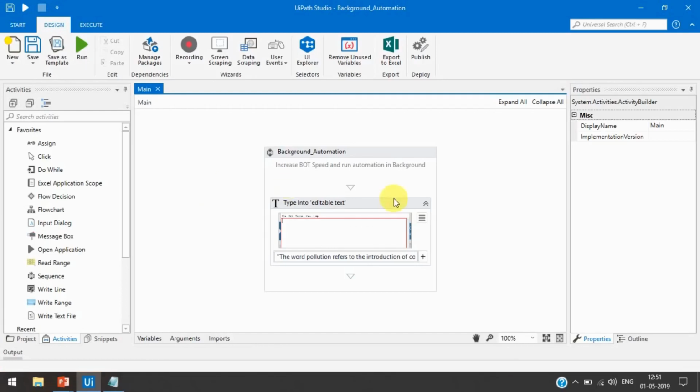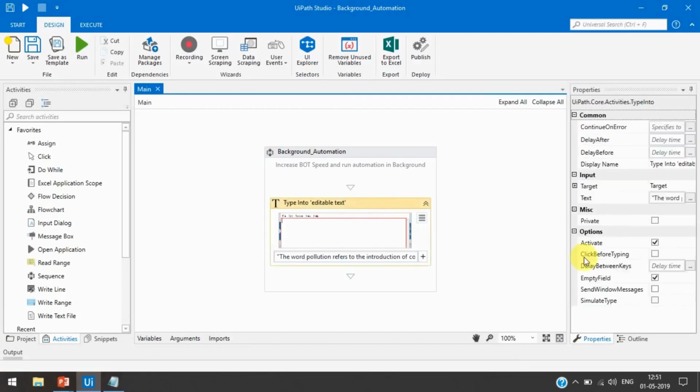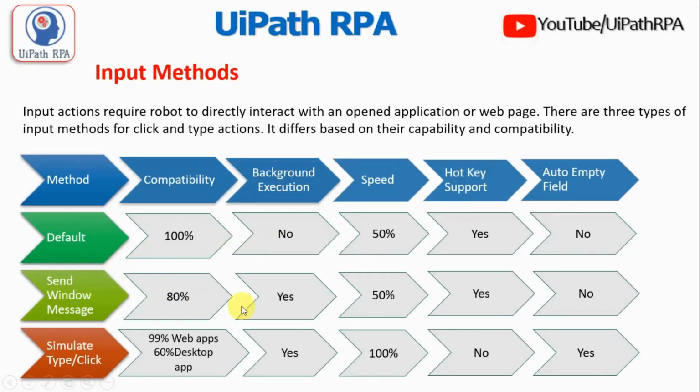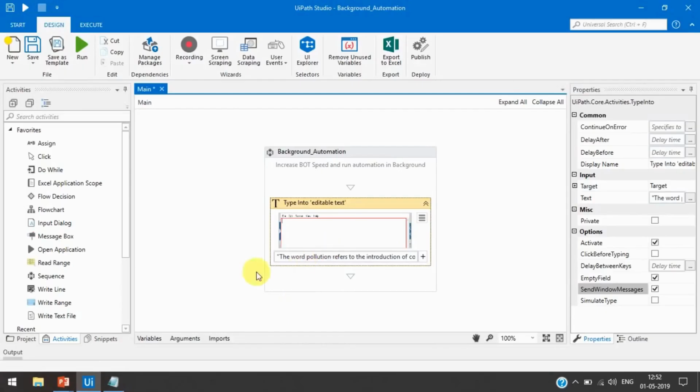So let's see this one also. If you are not selecting any method from send window or simulate, then the default method is applied. Now we need to check the send window message method. So let's check this, and we are going to first check background execution, whether it works in the background or not.